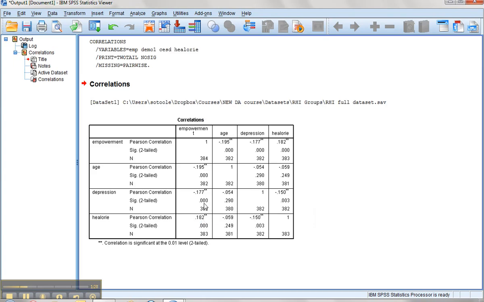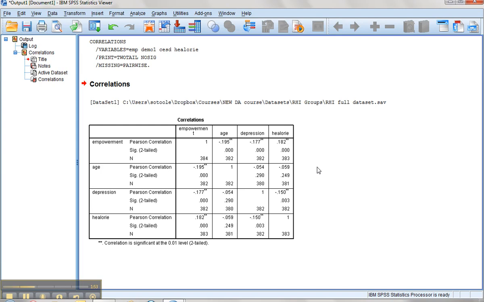And now we have our output. We'd discuss these the way we would any correlation. So make sure to think about all the things you need to talk about for correlations. Direction, strength, level of significance, an actual description of the correlation, variance accounted for, all of those things you need to talk about. But then you also want to think about how these are doing in providing validity for your